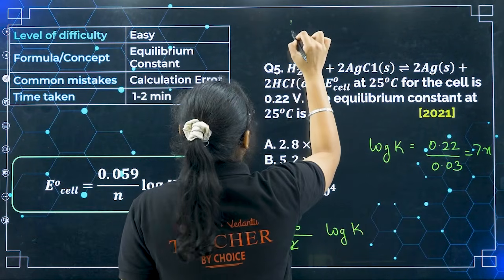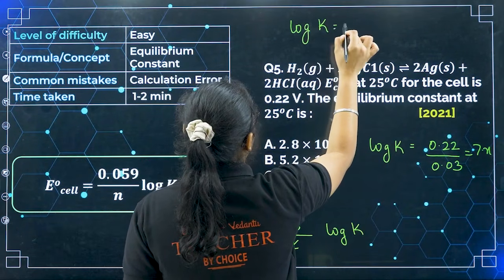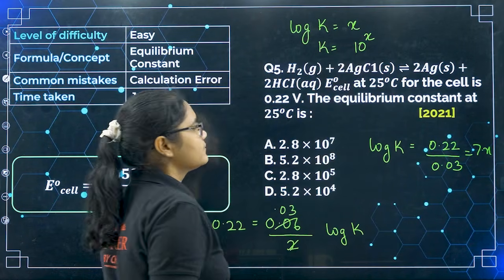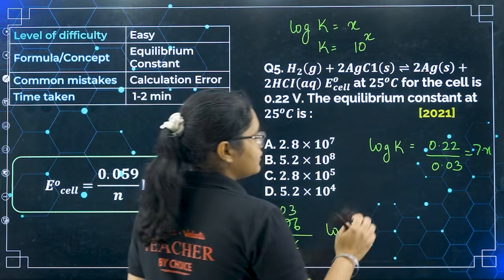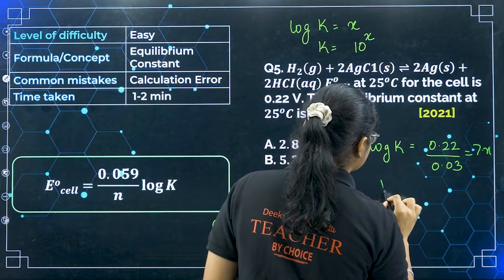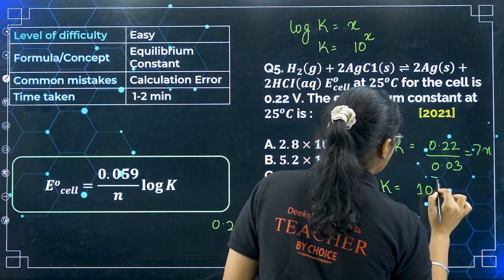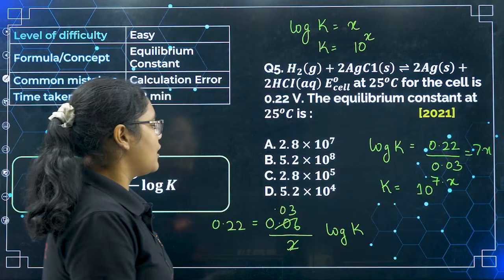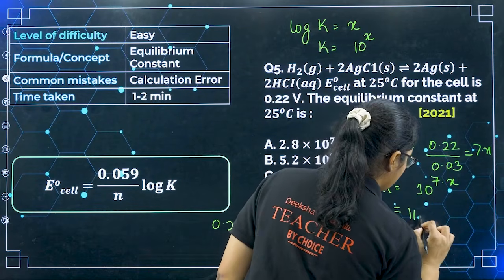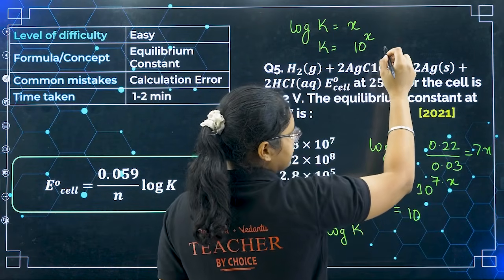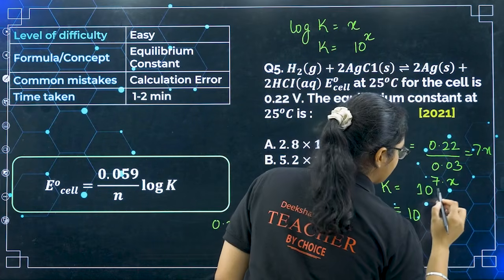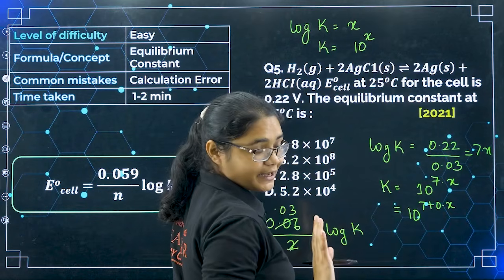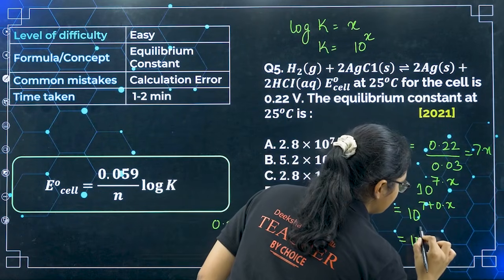So if log k is equal to x, then k will be equal to 10 to the power of x. Okay, so I have log k is equal to 7.x, that means k will be equal to 10 to the power of 7.x. Now if I further solve it, I can write this as 10 to the power of 7 plus 0.x. If I add this, I'll get 7.x, and that can be further written as